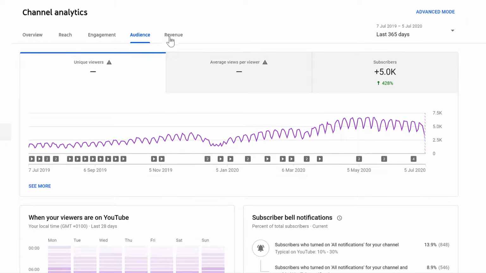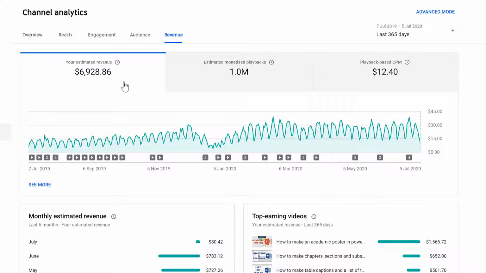Then we can also have a look at revenue. So this is the total amount of money that I've made in the last year. And you can also see the playback-based CPM, which is the amount of money that is made per 1,000 views. Now this number is calculated in a kind of weird way because it only includes views that had advertisements playing